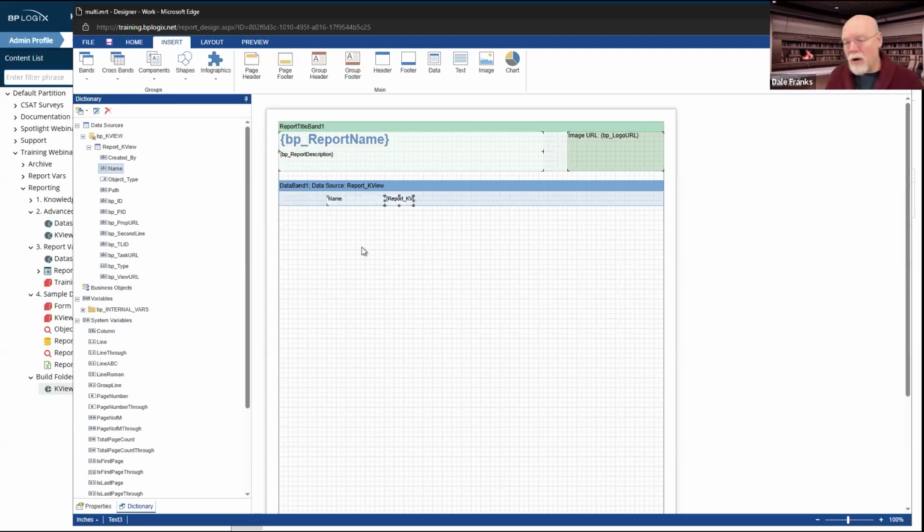Now, as we saw earlier, I get both the text for the name and the text field that contains the system variable for the report knowledge view. And that's what I wanted, because I'm going to need a little extra space here for my report KView name.